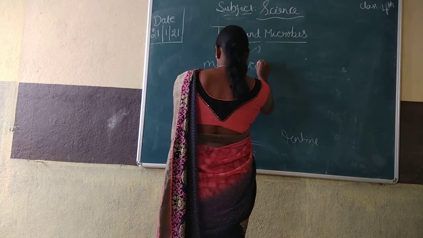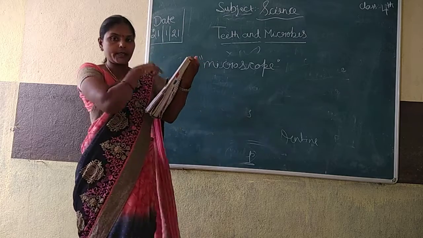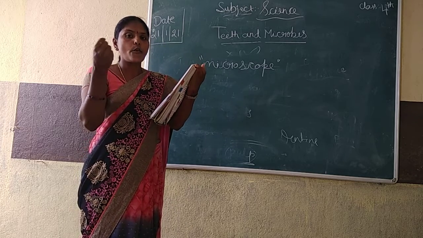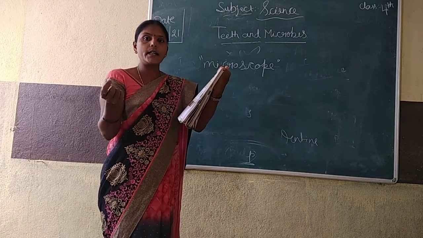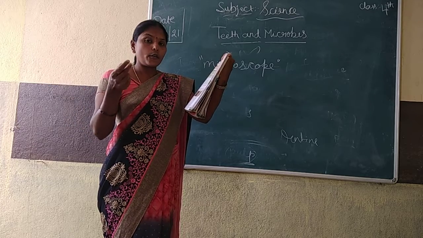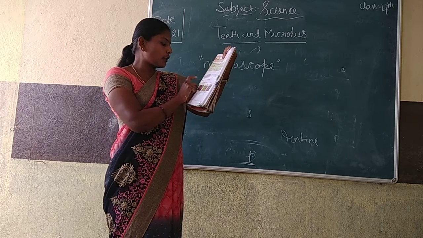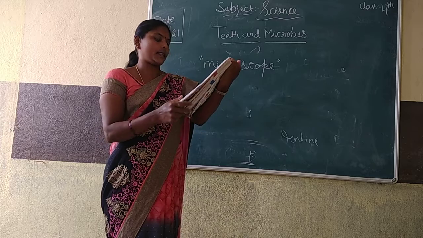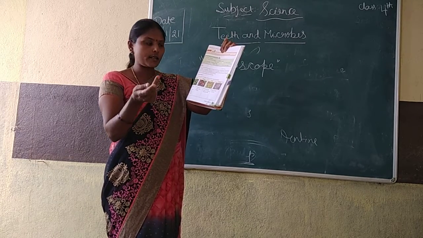With the help of a microscope only we can see. They are present in food, air, water, soil, outside and inside the human body, plants, animals, etc. Some microbes are useful to us, some are harmful to us. Okay, understood? This I will do in the next class.